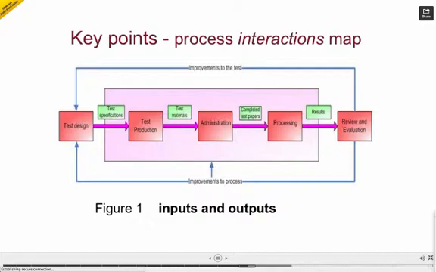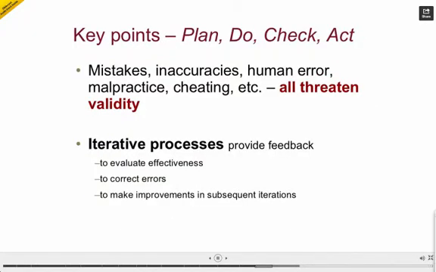And those loopbacks in blue, one loopback is focusing on the improvements of the processes, that is how you're doing the work, and the other loopback is to the test itself, to the concept of the test, the constructs, and how it's designed. And this, in a sense, is an ongoing activity. The ISO people talk of this as a plan, do, check, act model. Because in any process, mistakes, inaccuracies, human error, in our case, things like malpractice or cheating, impact on the quality of what we do, and in our case, threaten the validity argument.